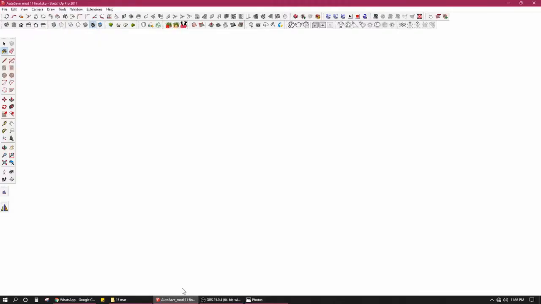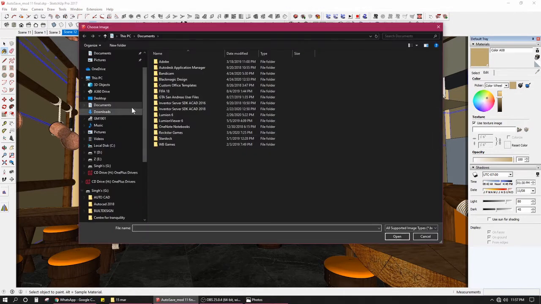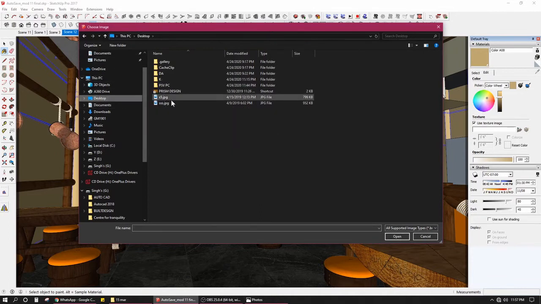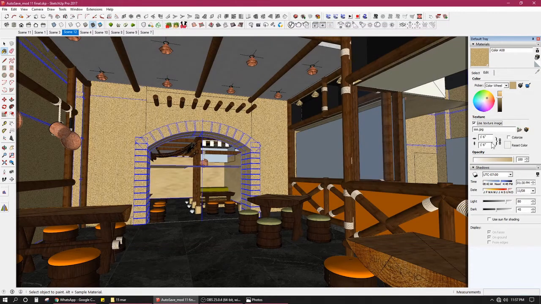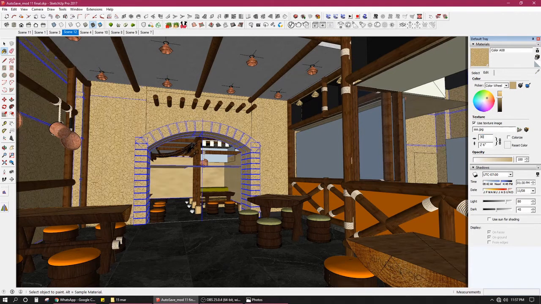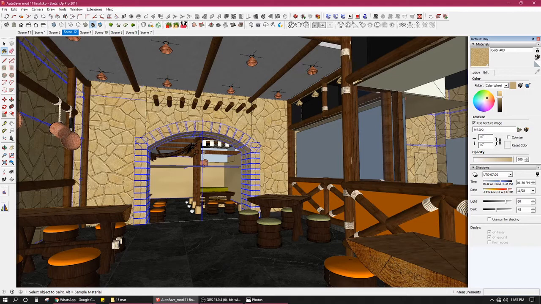Getting back over here, I have this material selected in SketchUp. All right, I go to use texture image. I go to the location of the texture that I have saved. All right, I go here and I just go ahead and change the scale. Okay, no, that's too big. Yeah, that should be fine. All right, so this is the material that I've applied.